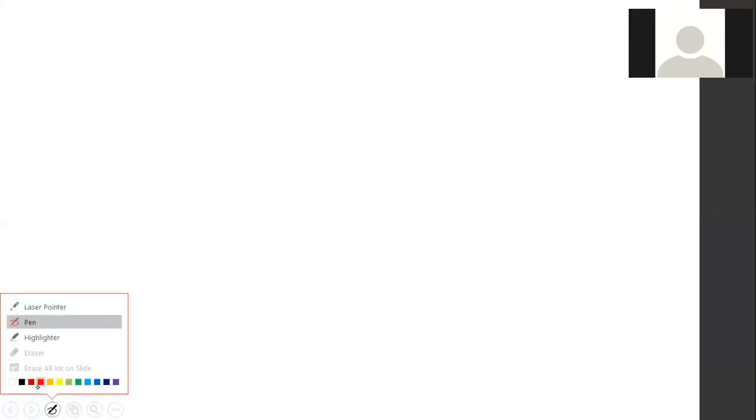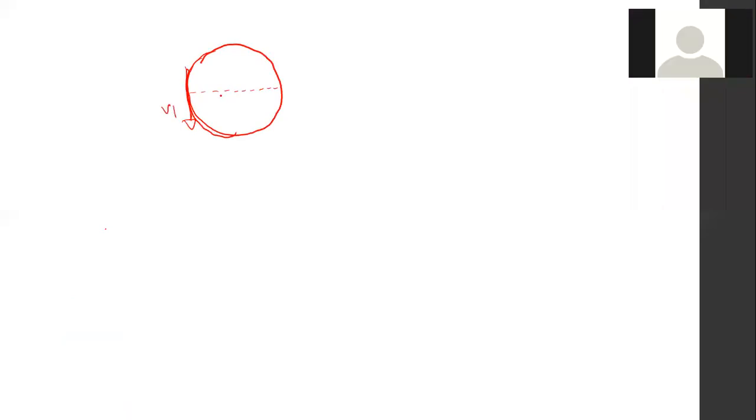So, what are we doing now? I'll go back to the same question again. The particle is going in a circular path like this. The question is: find the average velocity when it traveled through 180 degrees like this. This is V1. 180 degrees means, children, here. But the speed is V.